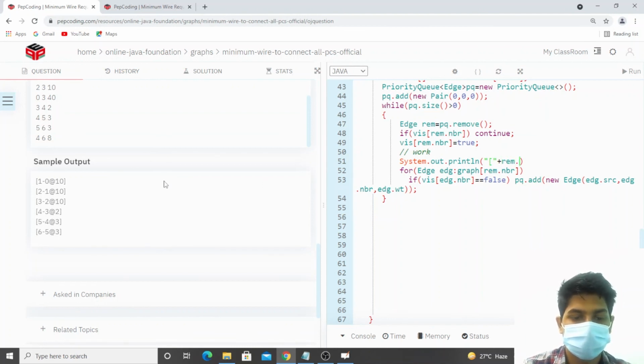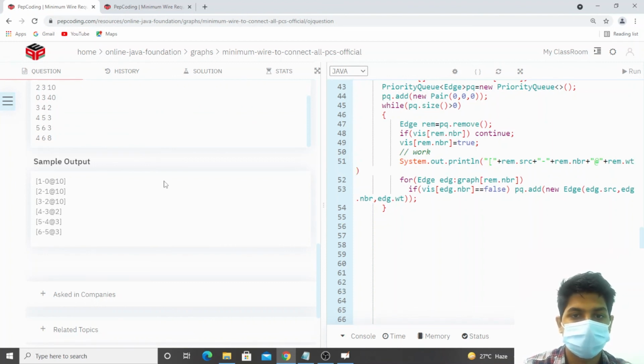So let's print the source node, then we have to add a dash. Then we have to print the neighbor node, so let's add that. Then we have to add an at the rate symbol. Then after that we have to print the weight, so removed element dot weight. Finally we have to close it with a square bracket, so let's do that also.